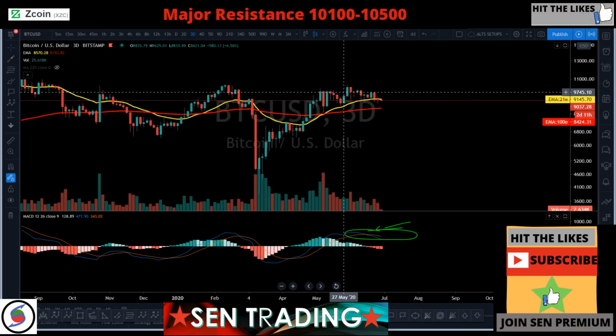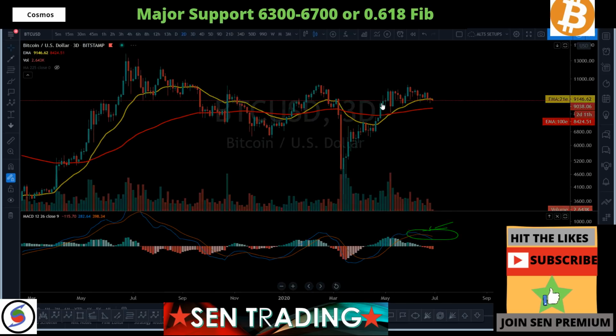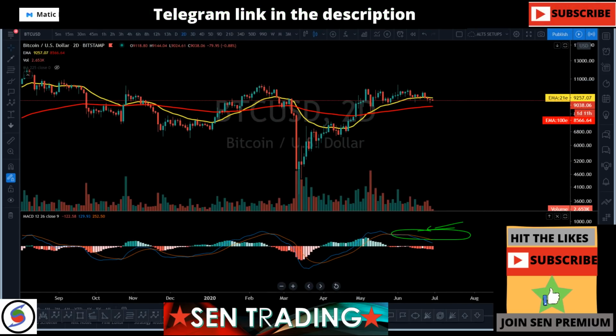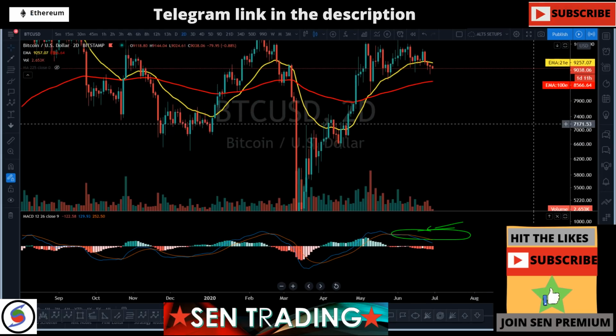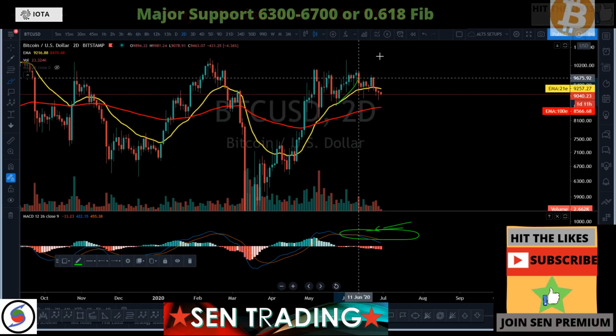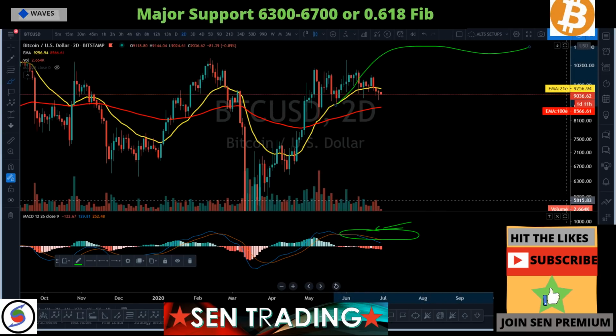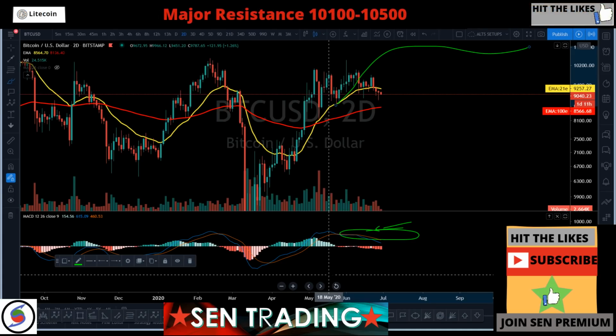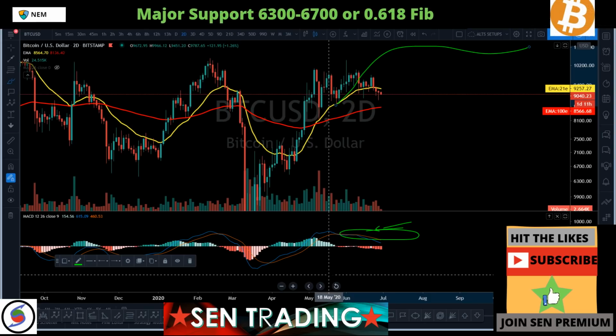Now we also talked about it on the 2-day chart, back in roughly late May, but most bulls could not grasp the big picture, and they're still looking for 16, 20, and 50K and so on. So that's a done deal. 2-day chart, 3-day chart, both of them extremely bearish, at least for the short term. So we can imagine some big move coming up within the next few days or so, right?